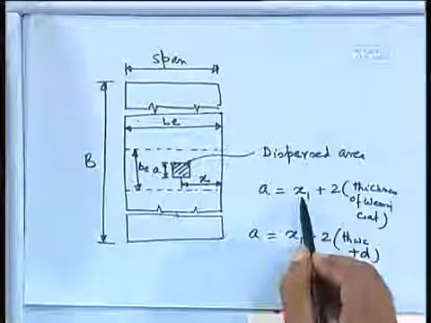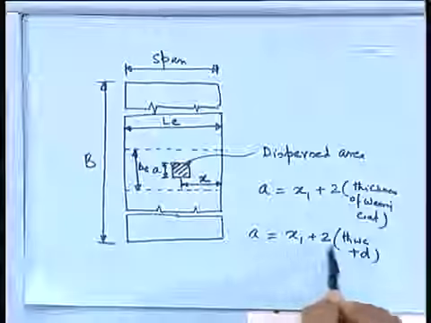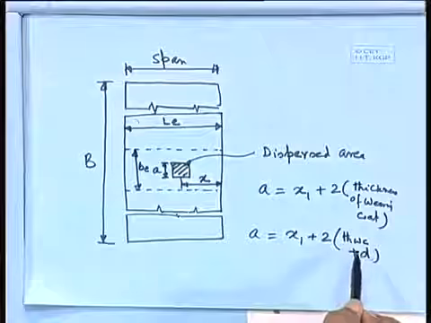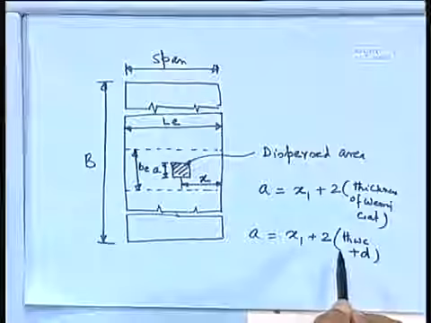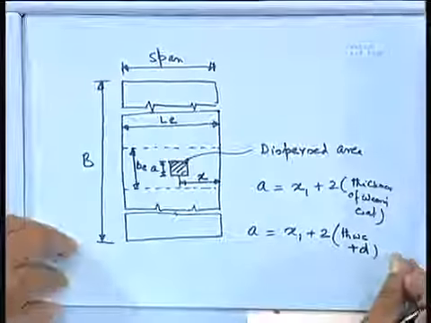So we can write x1 plus twice the thickness of wearing coat, or x1 plus twice the thickness of wearing coat plus D, and our code says